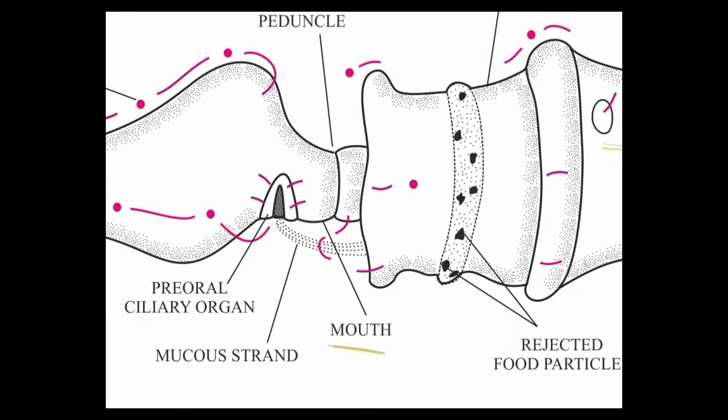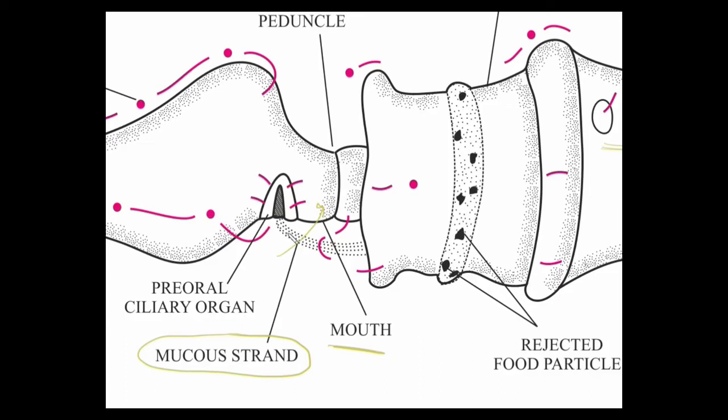The cilia of the gills beat continuously to form a water current, and the food along with the water directly enters into the mouth. Some of the food which is not directly entering into the mouth goes along with the mucus. This is the mucus cord or the mucus strand. This mucus strand is produced by the various mucus secreting cells of the proboscis and dispersed by the cilia. So the mucus which is coming from the proboscis entangles the food particles, and these food particles are checked by the pre-oral ciliary organs.